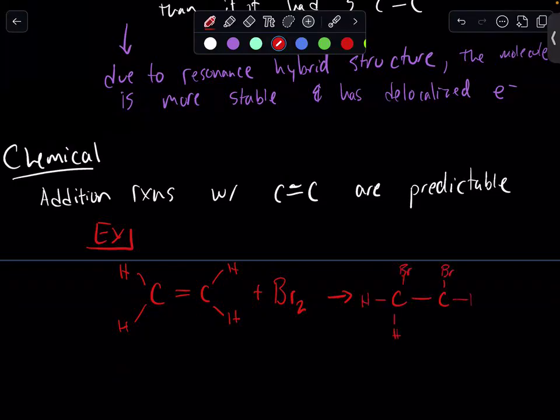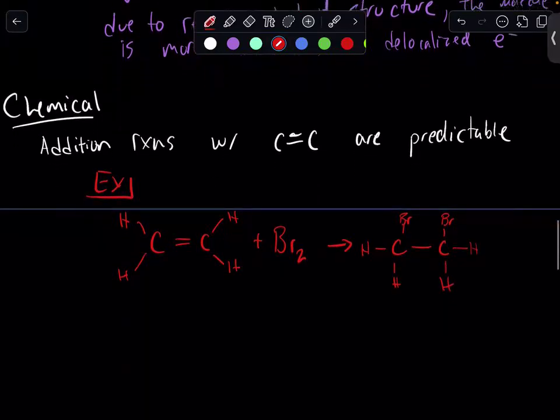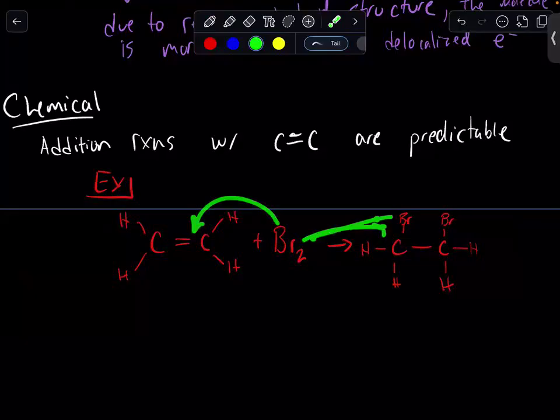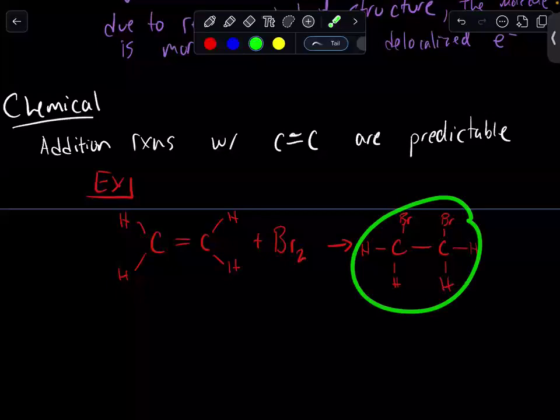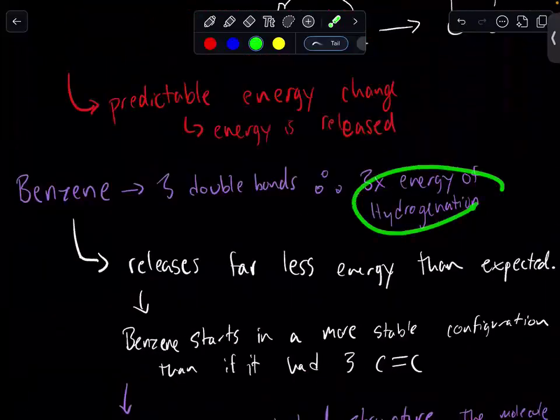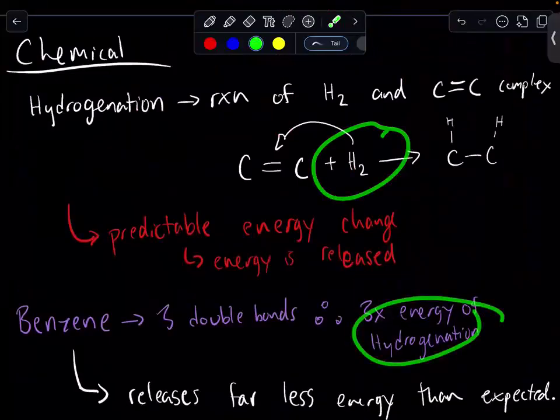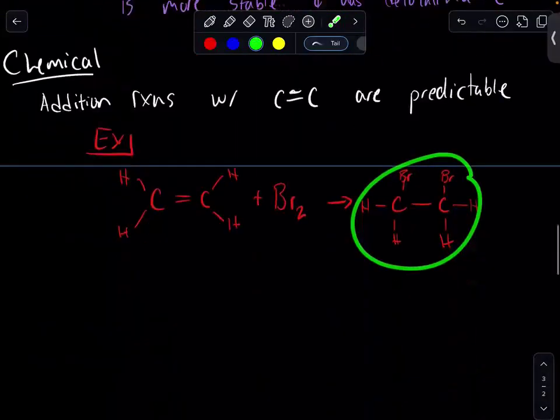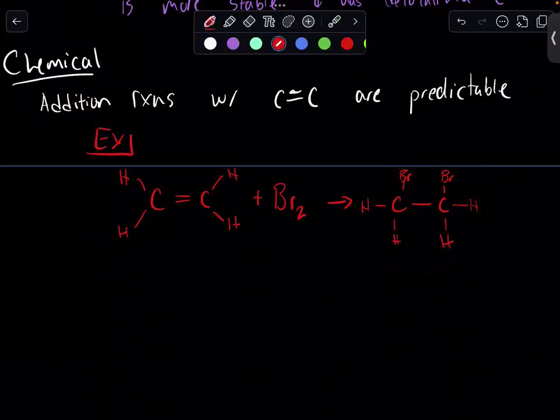And this is a bit of organic chemistry that we're going to learn much, much later at the very end of this, but we need it for explaining benzene. Basically, we get this new solution where the bromine breaks this bond and adds itself to each carbon. This is why it's called an addition reaction. It's actually very similar to hydrogenation, but the difference is that hydrogenation deals with hydrogen, while addition can deal with pretty much anything. Now, the problem is benzene